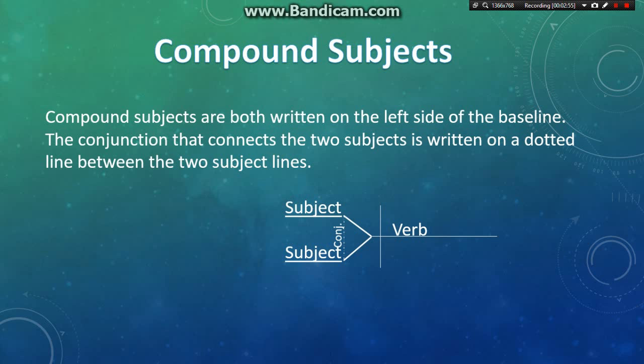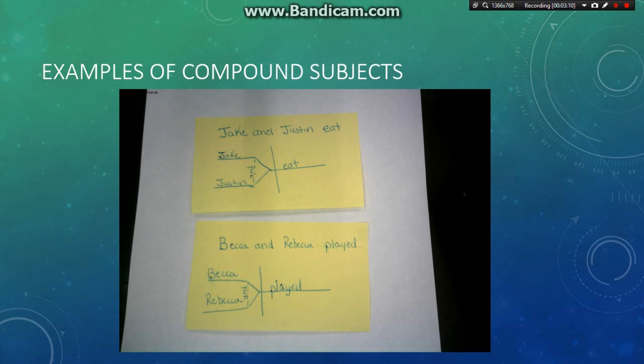So you need to take the diagram that you see at the bottom of the slide and put it right under compound subjects on the front flap. Then you're going to open it and choose either side to do your examples. I've given you two examples. You can choose